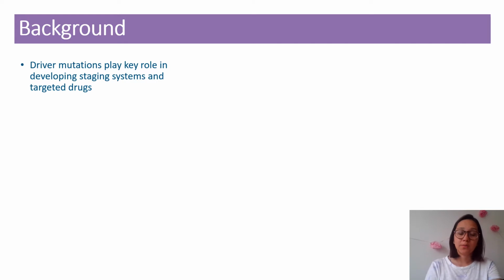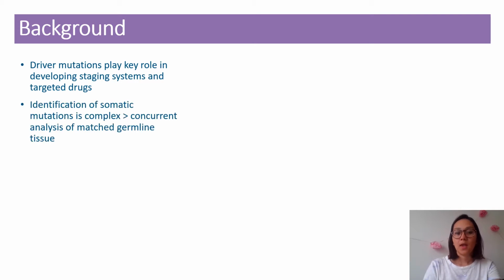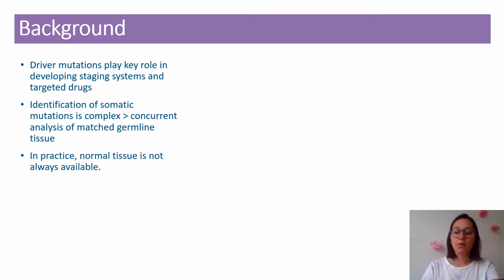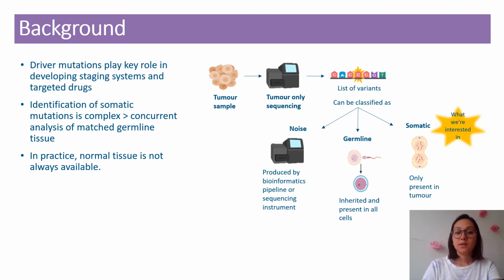So in cancer, driver mutations play a key role in developing staging systems and targeted drugs to fight this disease. However, the identification of somatic mutations is quite complex, and it's often aided by the concurrent analysis of matched germline tissue. However, in practice, normal tissue isn't always available, and so we end up with something like this,